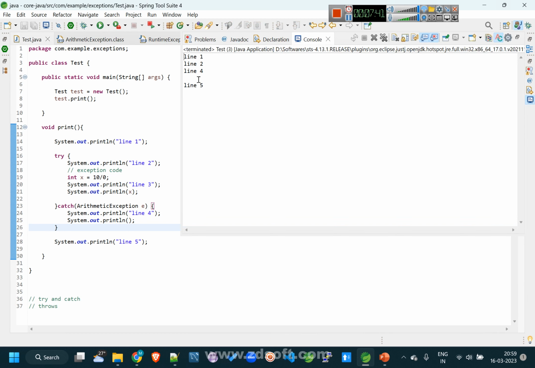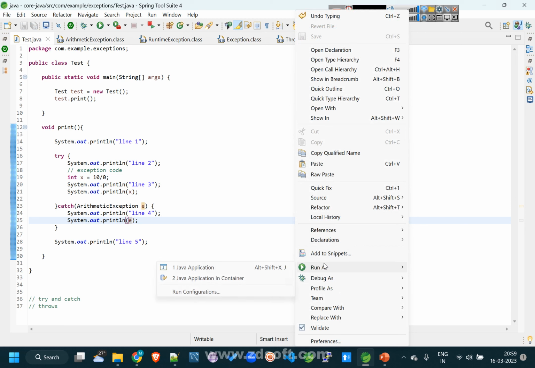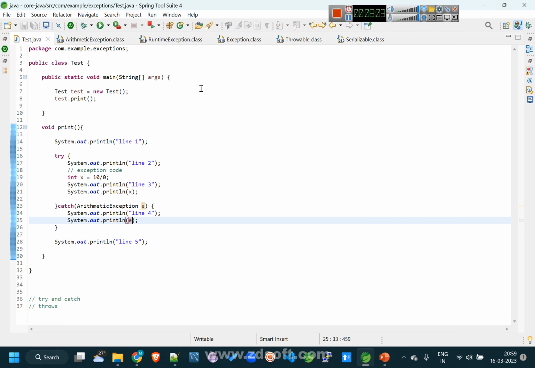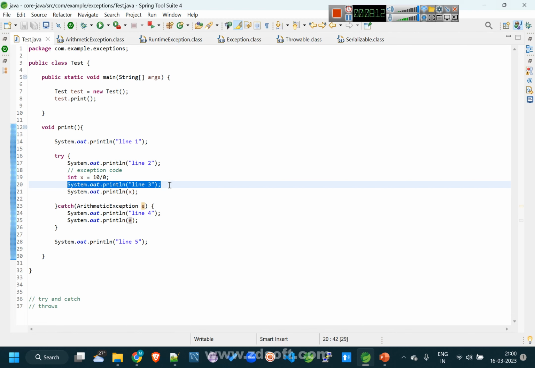Now you can see it is not giving any red color line like it was giving previously. It was executed completely. Line number 1 got executed, line number 2 got executed, but line number 3 is not executed. I will give the E so that it will bring the message as well. Here you can see that line number 1 is printed, line number 2 is printed, line number 3 is not printed. Why? Because in the above line number 19 the exception occurred, so the cursor will